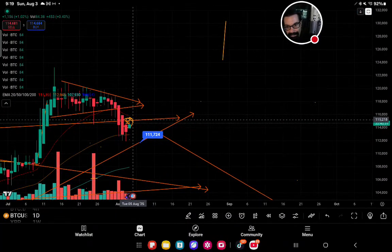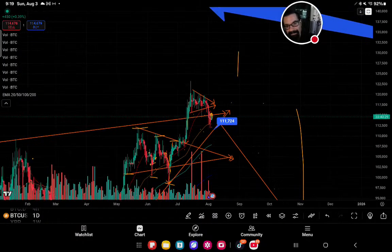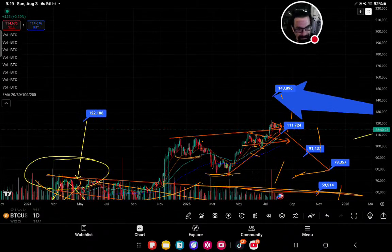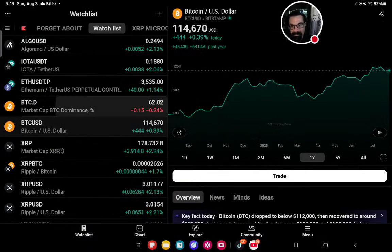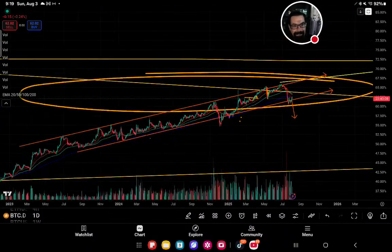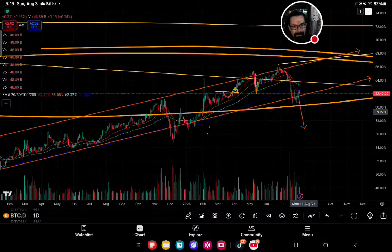This is why it's important to get past that 115. And I say 5 to give it a little grace, because then it can lead us up to 143. Does it start true alt season? Probably not, until this finishes what it's going to do. And this would make sense even if it does something like this, and it would give us time until the first quarter of 26. But once this ends and the money starts rotating into Ethereum, and Bitcoin dominance is down below 50...